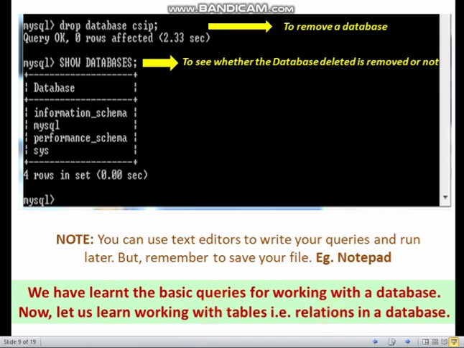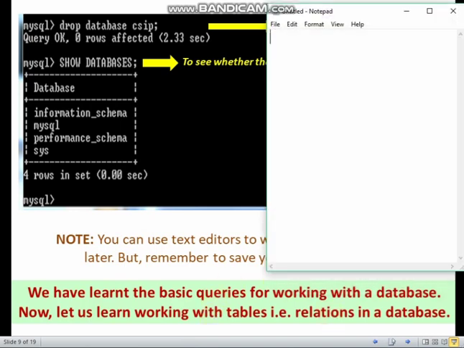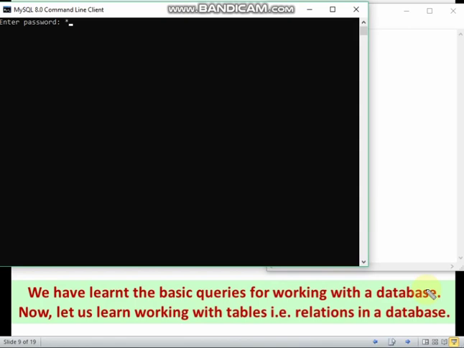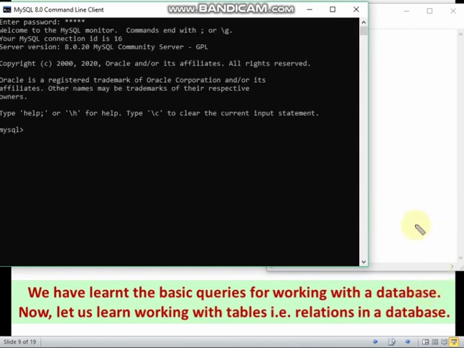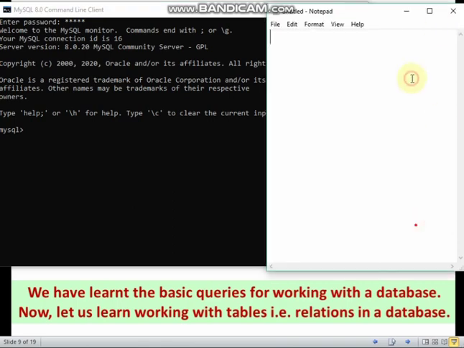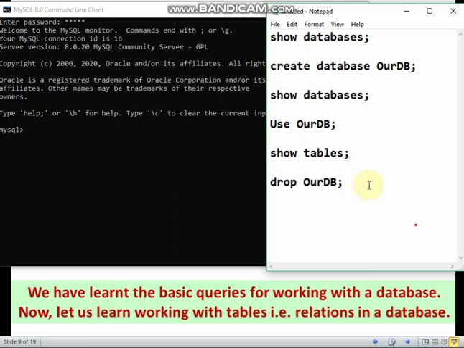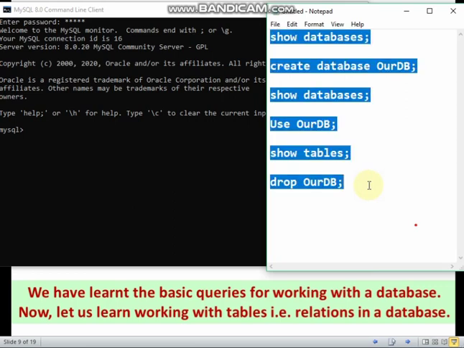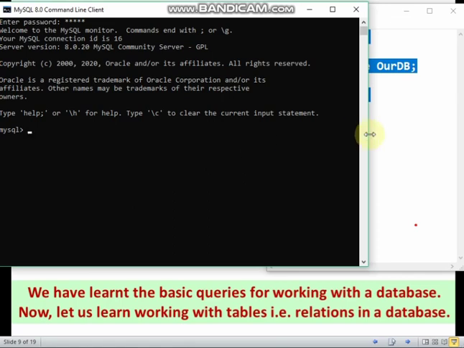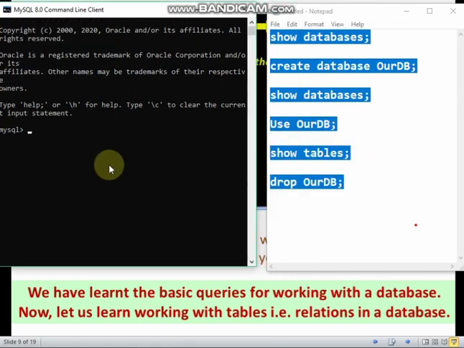We are using a notepad, and see, this is the MySQL prompt, and let me write the queries first. So I have written the queries. So let us copy these, and I have copied these, and let me run the queries now.